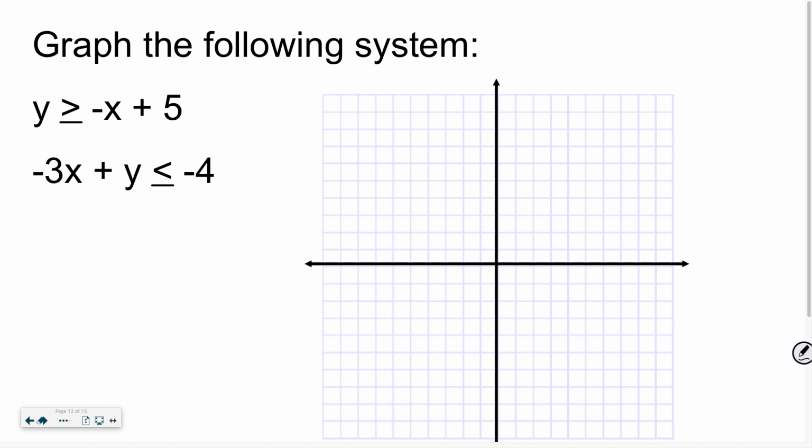So where you're shading, it's the same color. If you're gonna use the color to show the solution, that would have to be the same color. That whole area, your blue and red are actually in the right spots. Yeah, if you need to brainstorm together, but graph the first line, finish that solution set, then graph your second line, graph that solution set. You can see the points that are